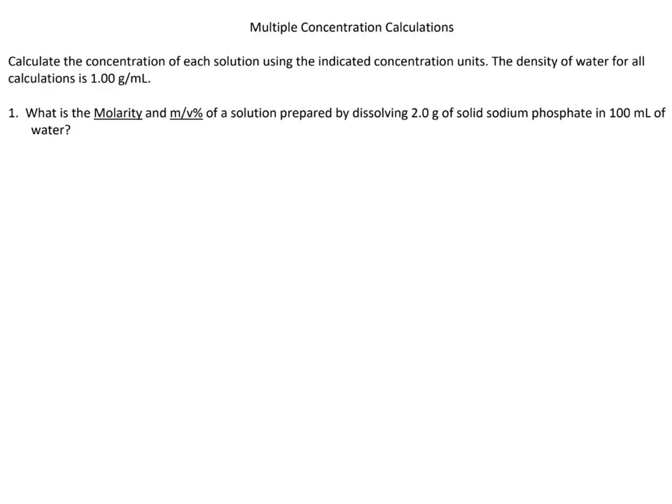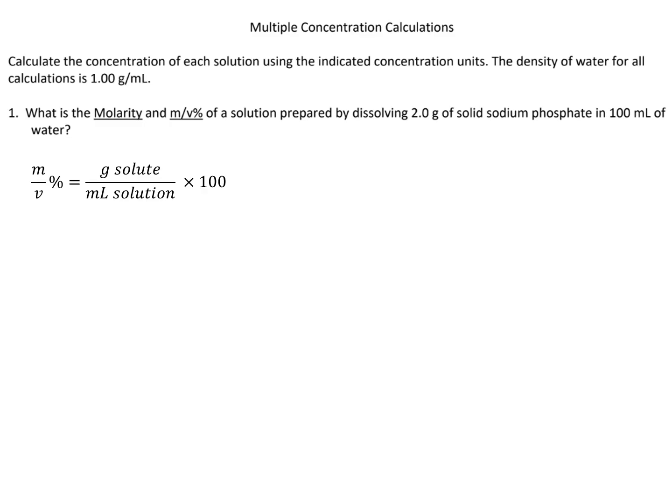So this is an example from the worksheet that goes with this lesson. We want to find both the molarity and the mass percent of the solution when you dissolve 2 grams of solid sodium phosphate in 100 milliliters of water. So let's start with the mass volume calculation. So remember, mass volume is going to be grams of solute divided by milliliters of solution times 100. So switching to my pen,